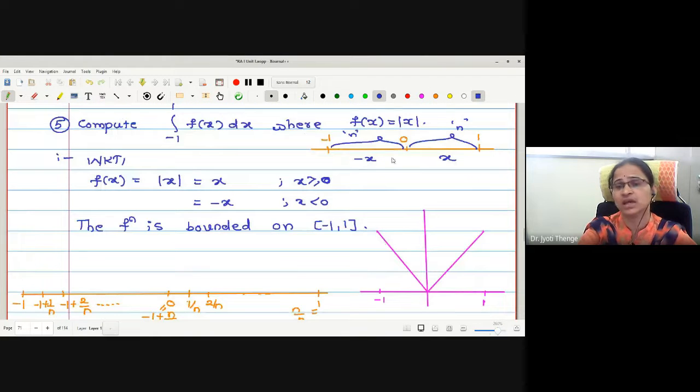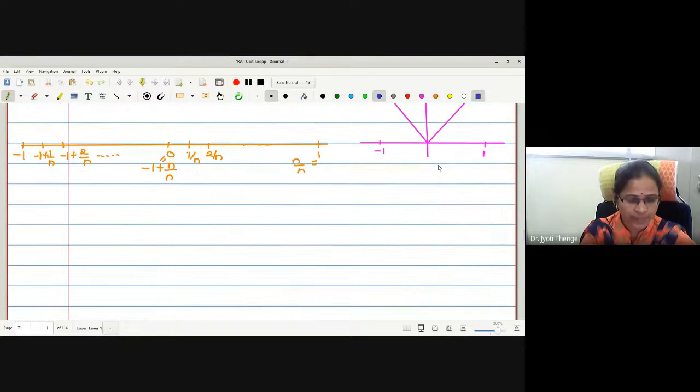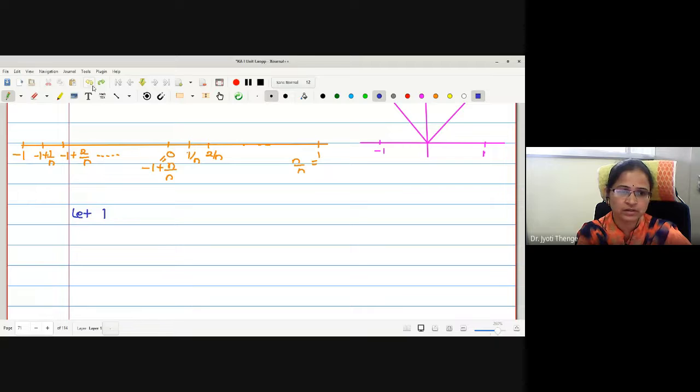Try to understand why we were making different partitions of this one interval. Because the function behavior is different on the different parts of this interval. Okay? Therefore, shall I write the partition? Or before that, what will I write? Let us divide the interval minus 1 to 1 into